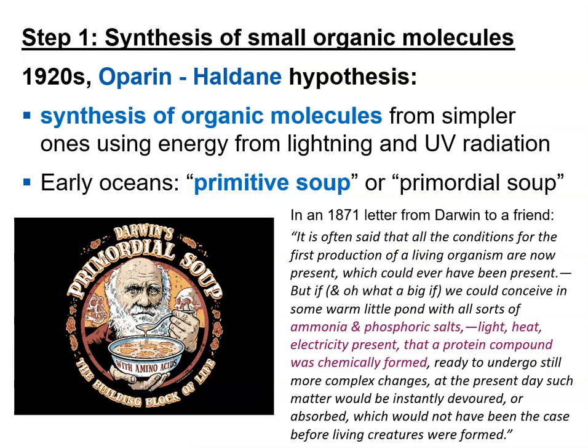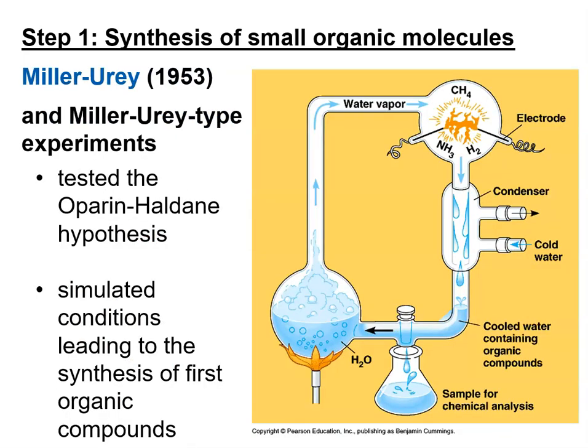Okay, now we're going to fast forward a little bit in time, still corroborating that first step, the synthesis of small organic molecules, an experiment conducted by Miller and Urey at the University of Chicago. They worked together on this to simulate the conditions of Earth's early atmosphere in the lab and show how when those ingredients are present, including methane, CH4, ammonia, NH3, hydrogen gas, water vapor, and electricity simulating lightning, and again, that reducing environment,